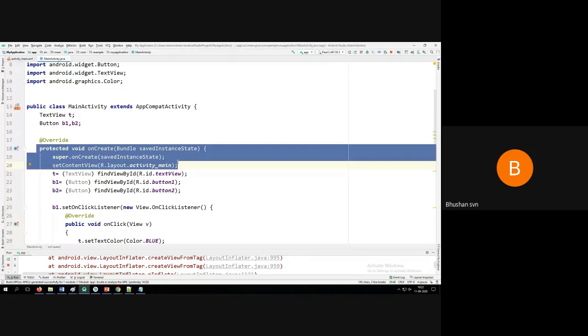Bundle is a class, and savedInstanceState will give you different states, whether you are creating it, or revoking it, or deleting it, or suspending it. So there is a life cycle. By default it creates an onCreate method. It's a default method where your activities start from.